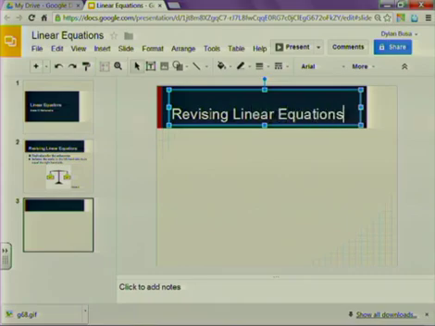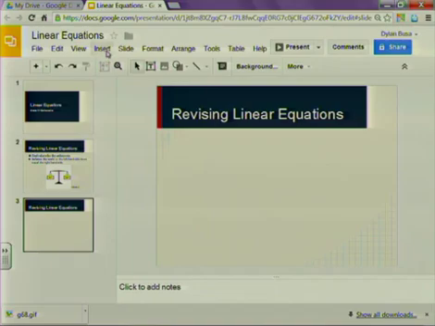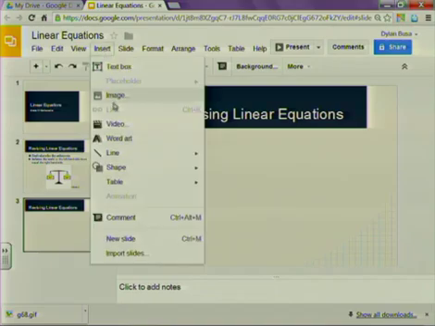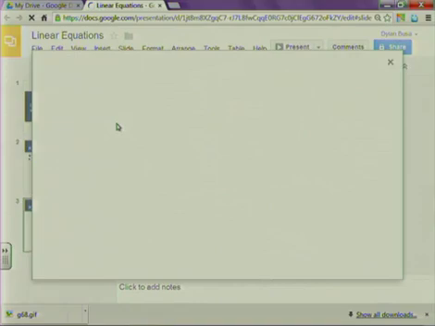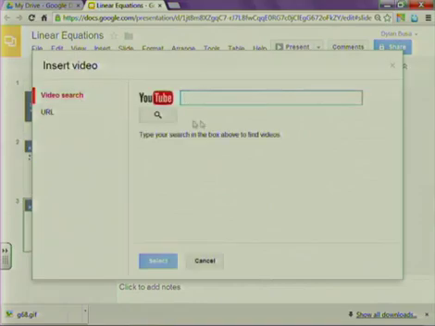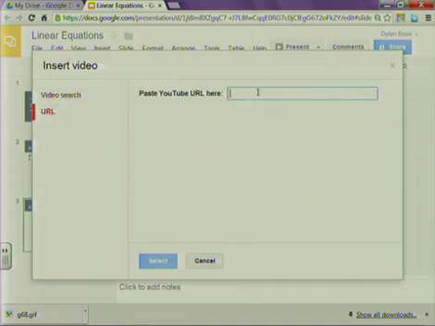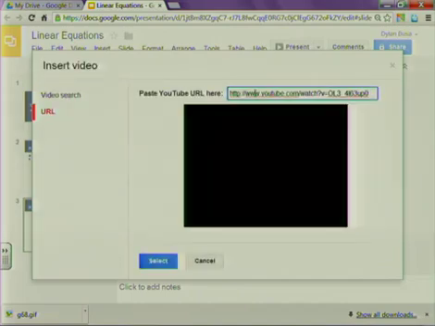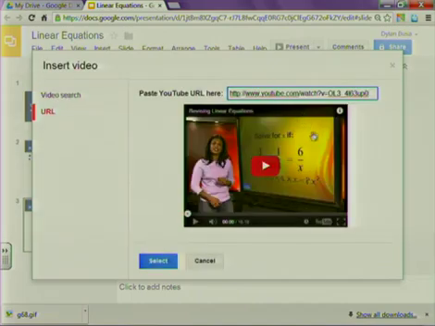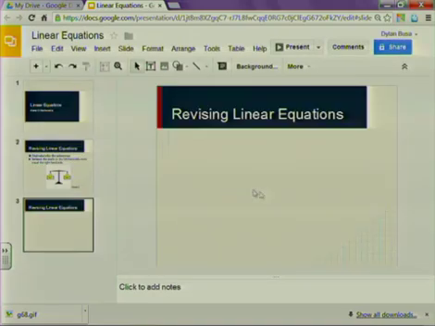And now we're ready to insert our video. To do that, go to the Insert menu and click on Video. In this case, we can either search YouTube for a video or we can enter in a URL. Now, I've got the URL of a video that Mindset has posted to our YouTube channel that I'd like to use. And you'll notice that as soon as you put the URL in, it gives you a preview of the video so you can check that it's the right one. It's the right one, so I'm going to click on Select, and that is going to insert my video onto